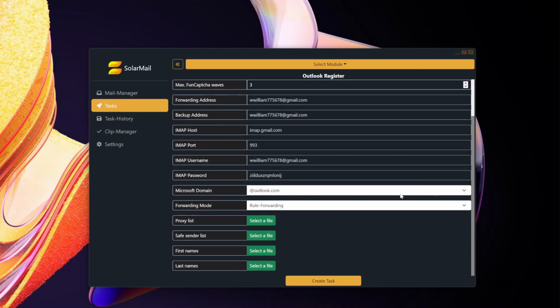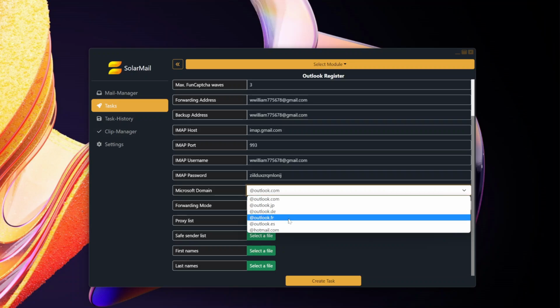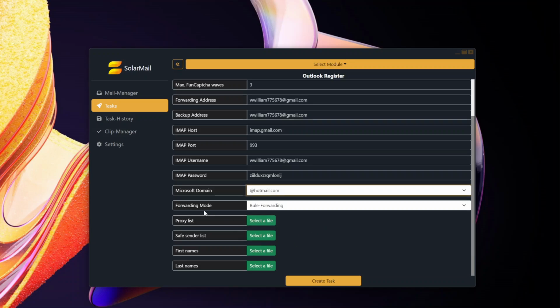Underneath that is selecting your domain. So you could do multiple domains. There's Outlook.com, JPDEFR for France and Spain. And then, of course, you got old-fashioned Hotmail if you want to set that up. You have your forwarding mode. By default, there's only one option available, which is Google forwarding. Leave it at that. And then it comes down to selecting and assigning your proxy list, safe sender, first name,